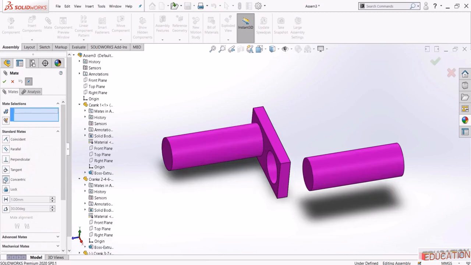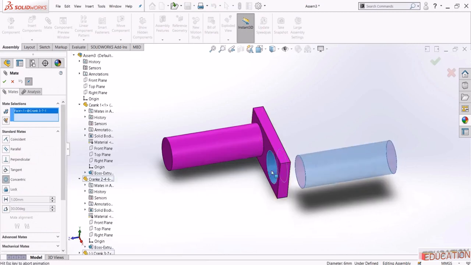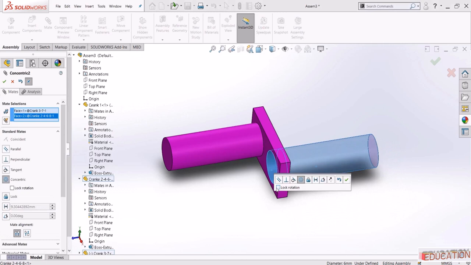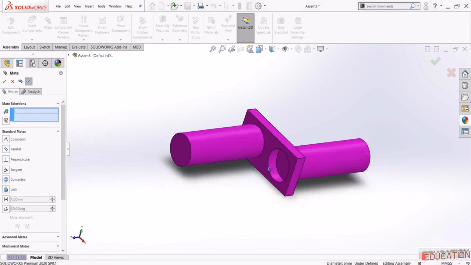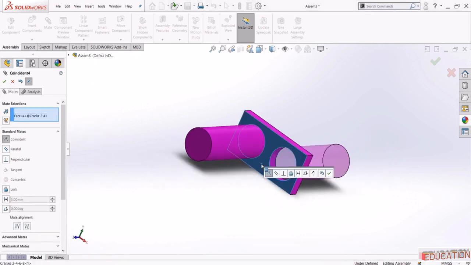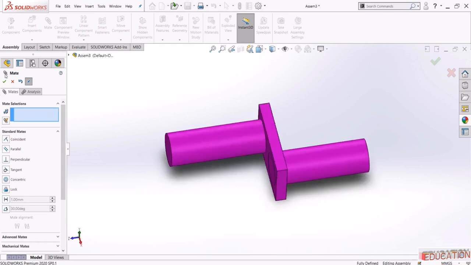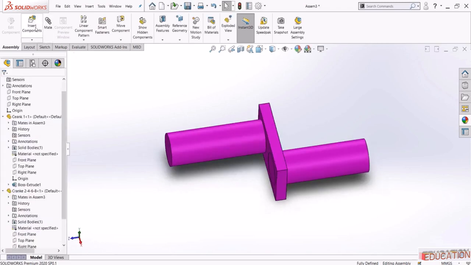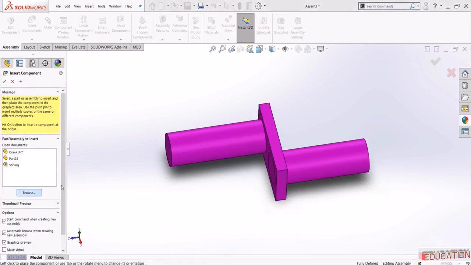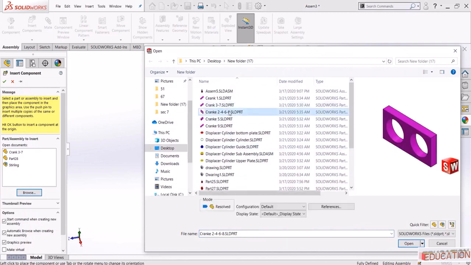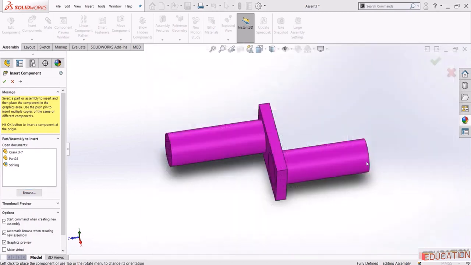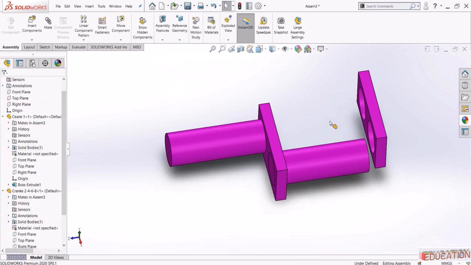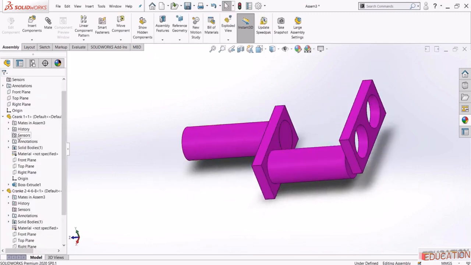So select concentric, this face with this one, but make sure to lock the rotation now, and then select this face with this one, and here we have it. Now we need crank 4, which is this one,